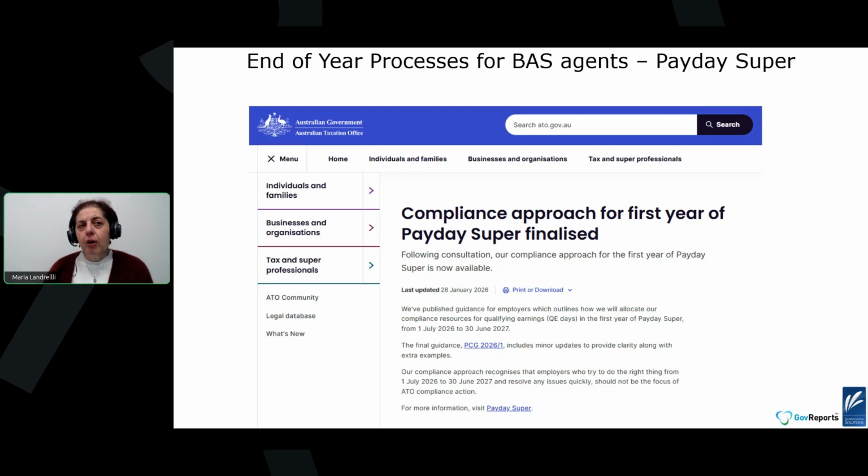They're not going to be going after the people that are trying to comply and have always complied with the quarterly dates. What they are after is the ones that were just not paying super or were consistently paying it late. But the first year is definitely about education, and then after that,